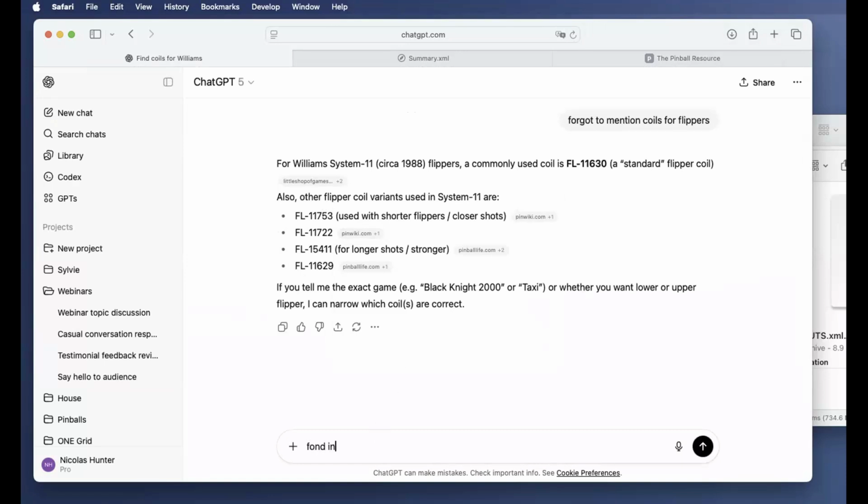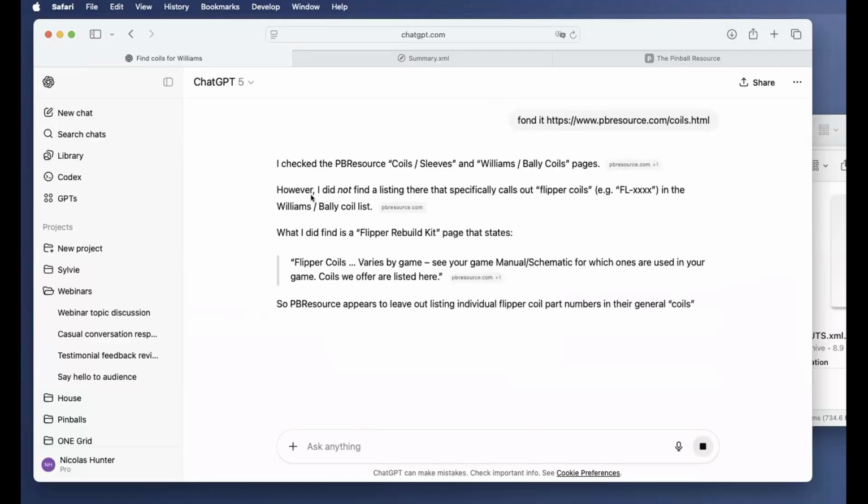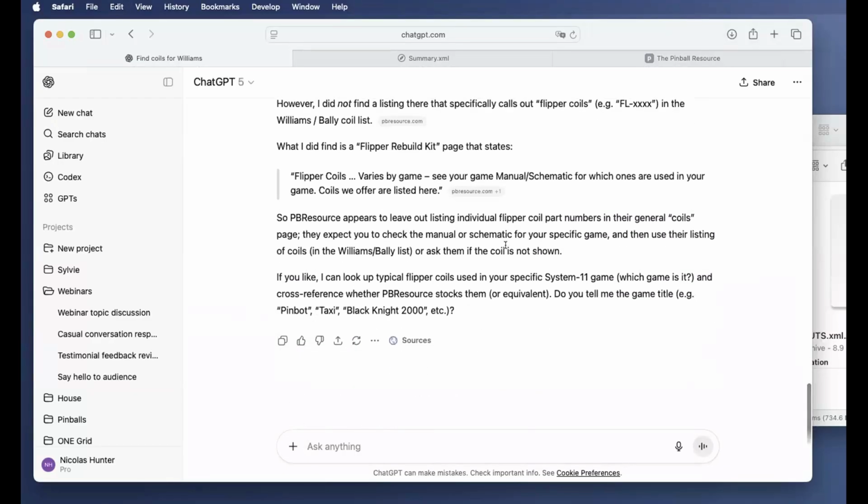Find it in there, find it. So he will find it here. Oh, I did not find a listing, especially with the map. Anyway, okay, so you can go to a website. So it's a flipper coil, Very Games. Okay, so you can